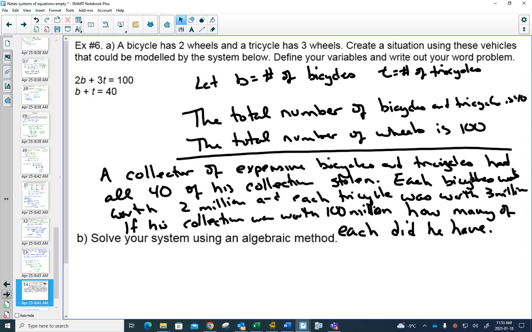Like Kijiji app, great deal, 50% off retail. Buy my tricycle for $1.5 million. I'll even throw in the little bell. Ring, ring, ring, ring. Okay. All right. With that,